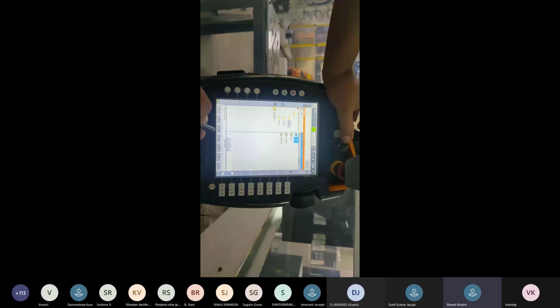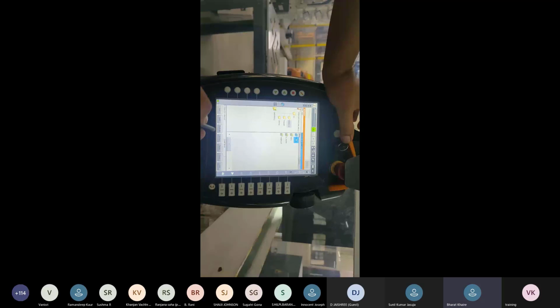If the program is running, the R tab will be converted to green light. Okay, and if the program stops in between, it will be a red light. The red light means the program is in between, in the programming section.